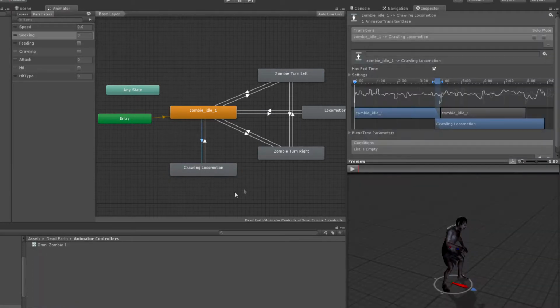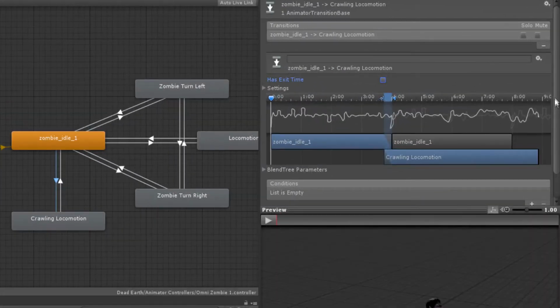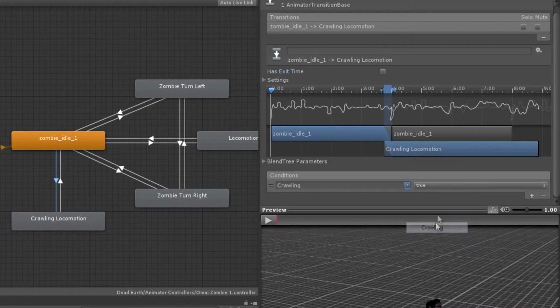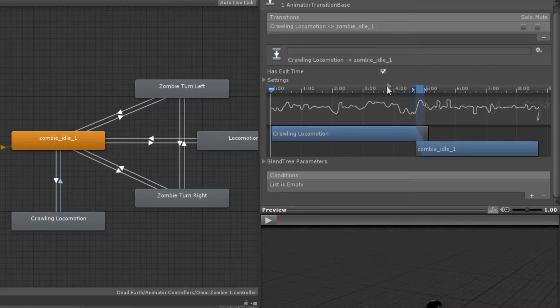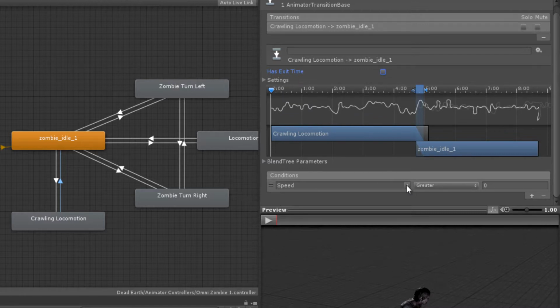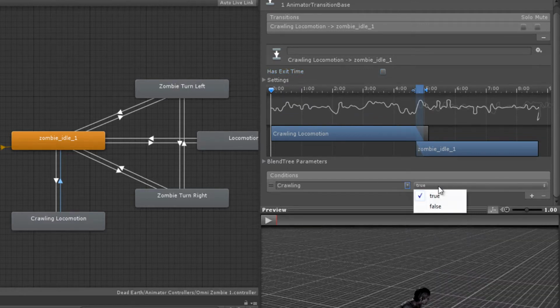Transitions to and from, and I'm going to turn off has exit time, and the condition is simply going to be if crawling is equal to true, and we go back into idle if crawling is equal to false. Incidentally, this will never happen. Once a zombie in Dead Earth is crawling, it means its legs are damaged and it never repairs to the point that it gets back up from a crawling zombie. But let's just put it in there in case we change our minds about that in the future. But I don't think we will, because we don't really have an animation that will take us from a crawl